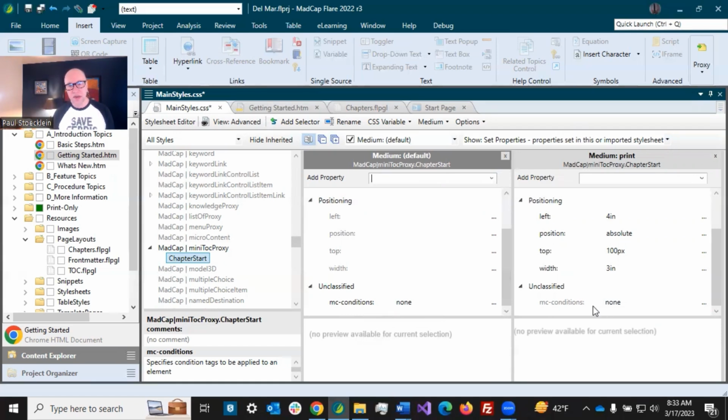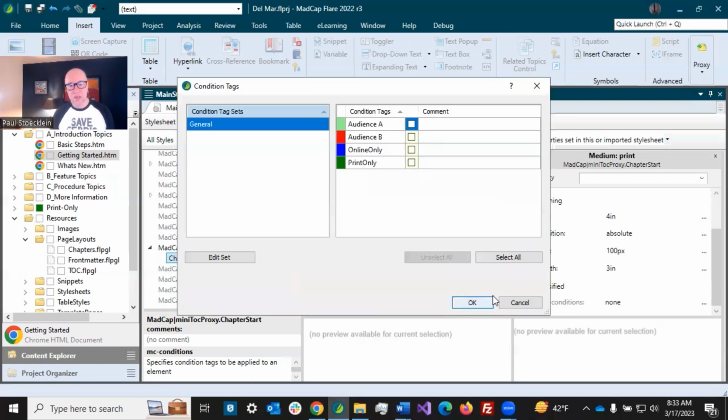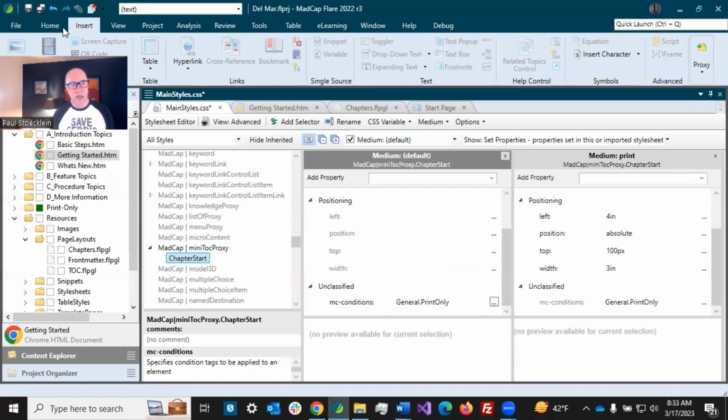If I only set it over here on the right in the print medium, well, it's just going to include it no matter what I set on the conditions. I'm going to click this and I'm going to go select my print only condition on it and save. Now, a broad condition like this, print only, that might work really well if you knew that the chapters or